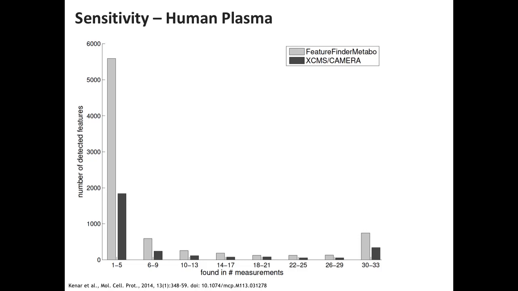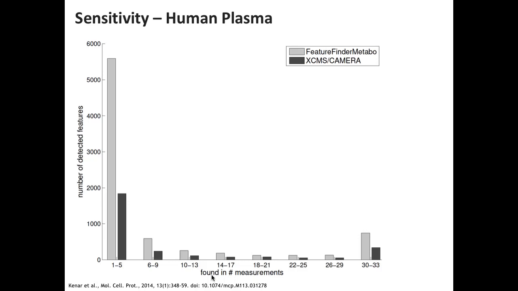When we first looked at our results, and you've seen this bathtub curve already before, we compared ourselves to XCMS and CAMERA. So this here again is the number of measurements where that was found. We had 33 runs that were basically technical replicates. And we were looking at the number of detected features. So the first thing that we were happy about is that here we had twice as many that were consistently found. And now you could argue, well, but this here is scary. That means it's just false positives. It's just picking up stuff. Could just be hallucinating features.